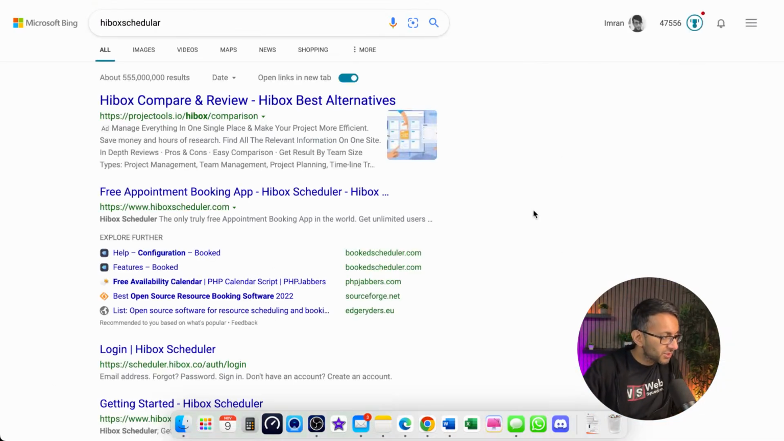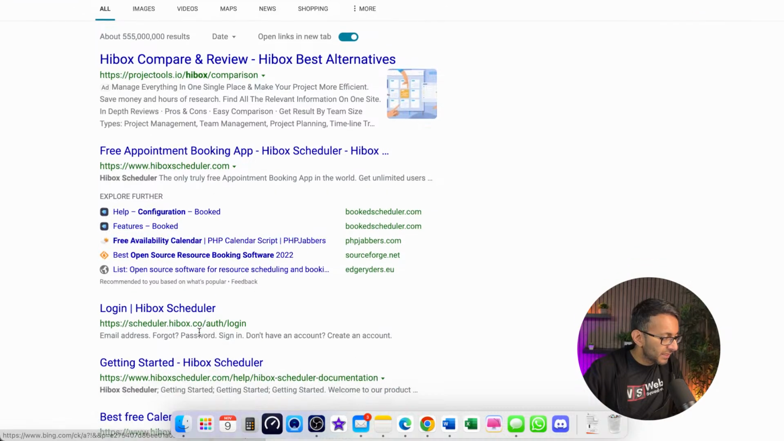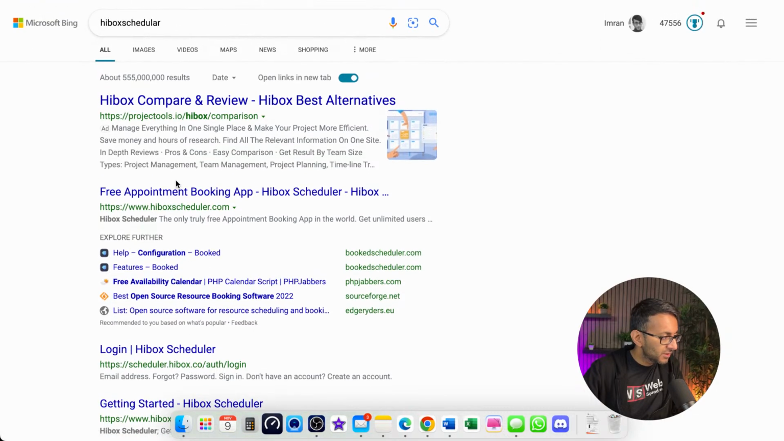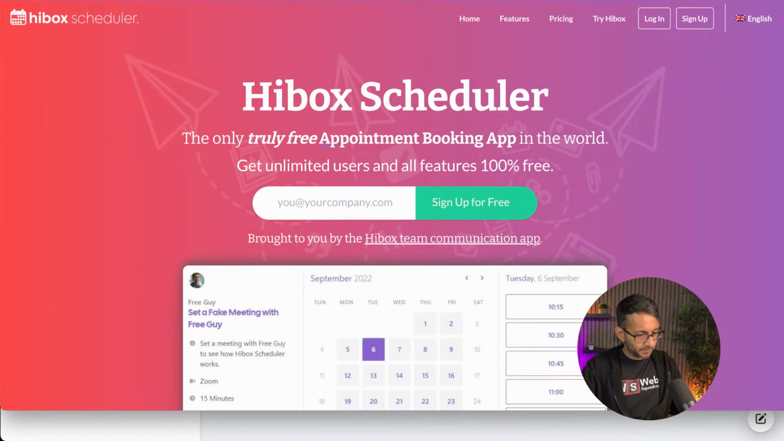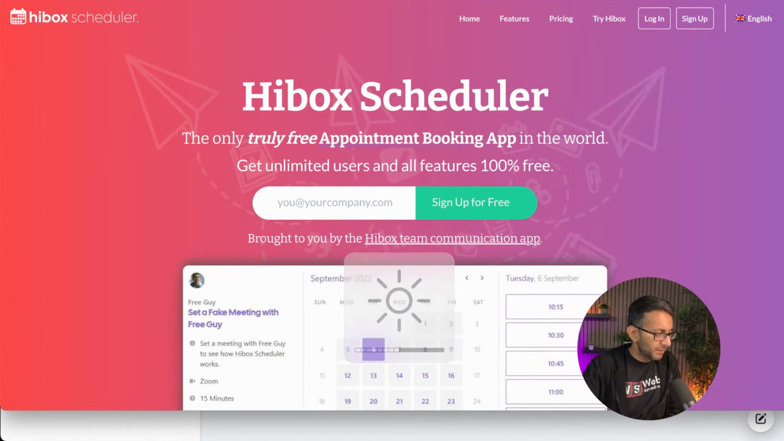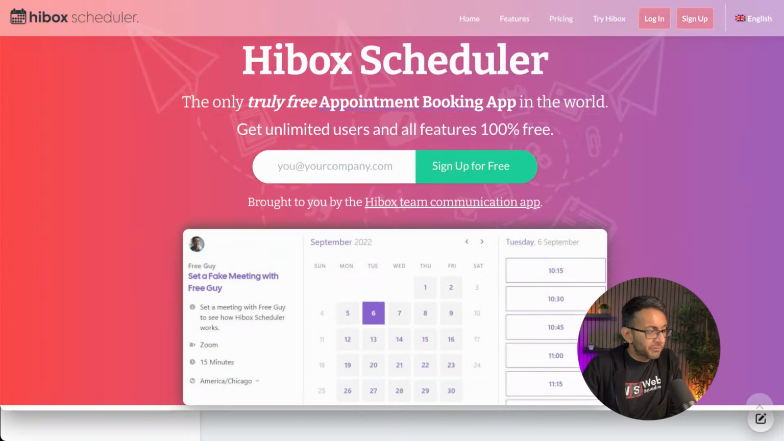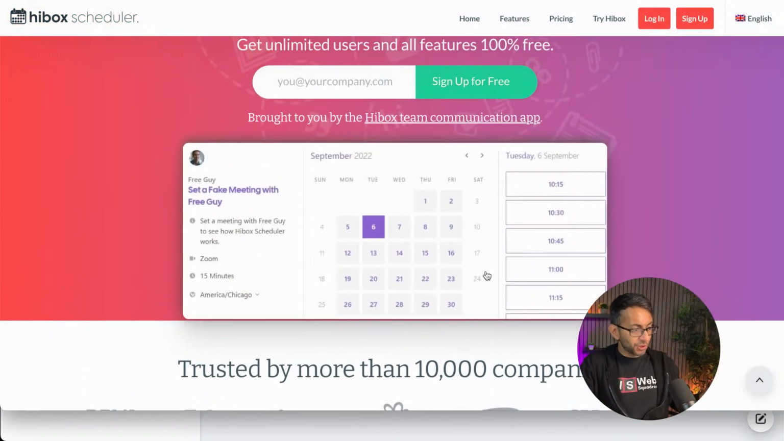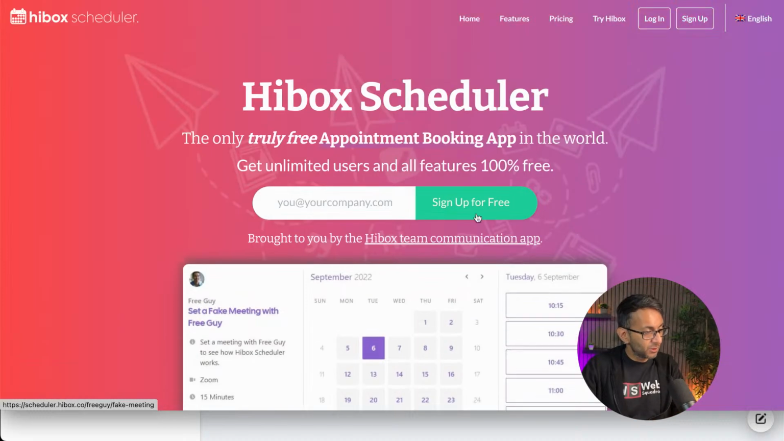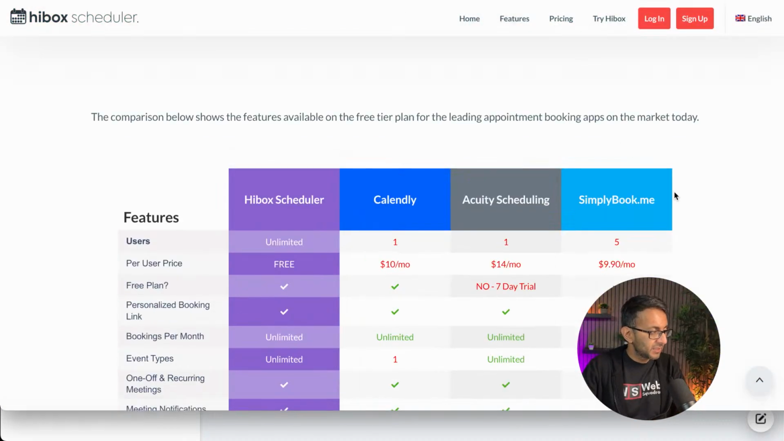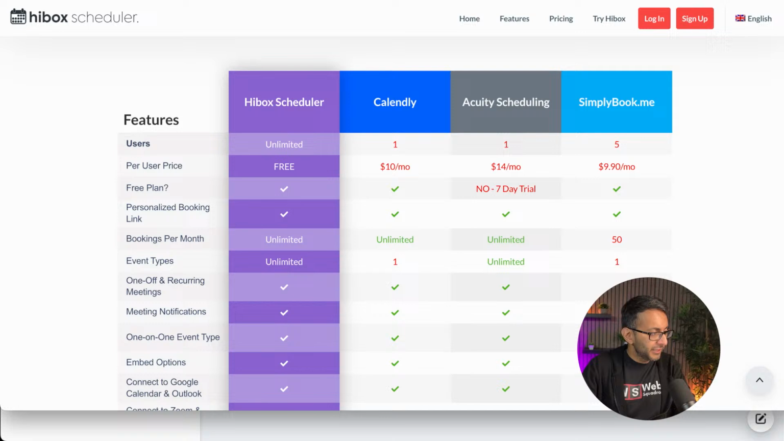Right, so Highbox. What is this? Login, Highbox. Is this it? There we go. Free booking app. Let's have a look at it. So you can sign up for free. It looks good. I must say that does look good. But what is the pricing? So for the free version,